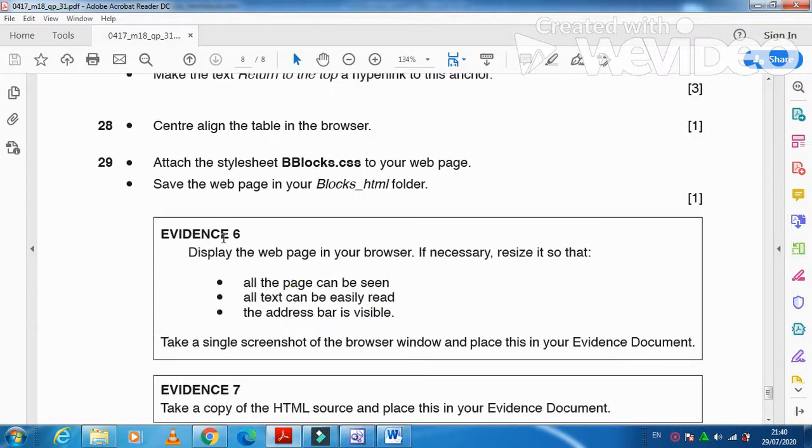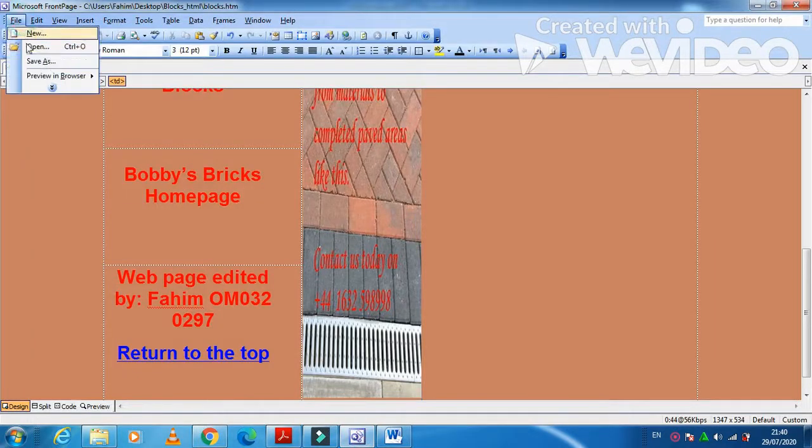Then after they said evidence 6, display the web page in the web browser, if necessary resize it so that all the page can be seen, all text can be easily read, and the address bar is visible. So we just need to click here and preview with the web browser, which is Internet Explorer.